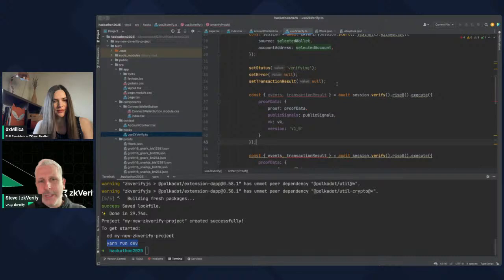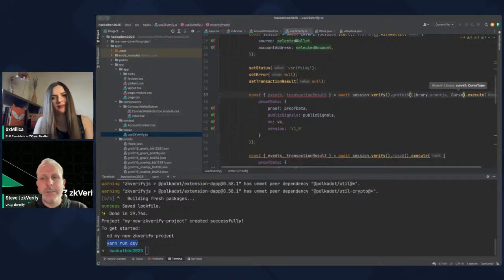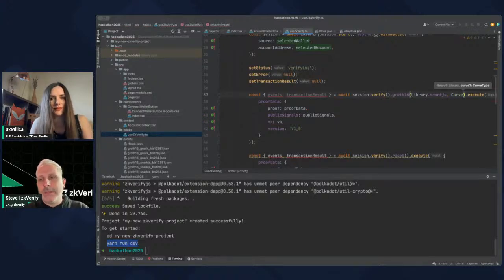What can go wrong doing a bit of live coding, essentially. If you, for instance, wanted to use Groth16, you would change that value here to be Groth16, and then we are passing in a library. So let's say for this particular one, we've created a proof using snarkjs, and let's import that as well. And we also need to specify the curve type. So we'll say BN254,